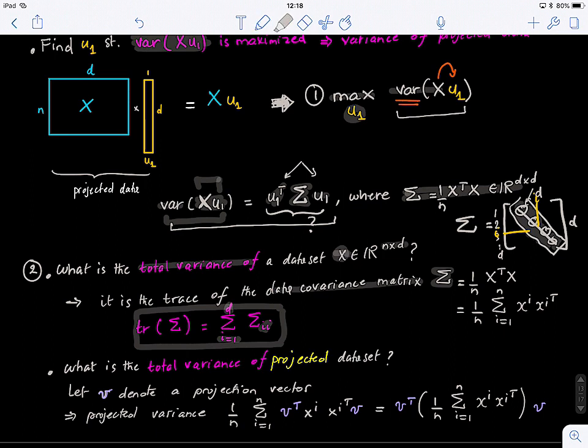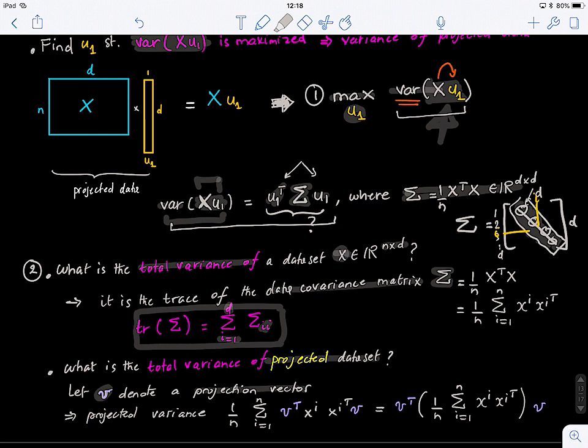So next, what is the total variance? Now this is the question. What is the total variance of the projected data set? So if we were to project the data, this is the question that we want to find. Here we want to find the variance of the projected data, okay? So if v denotes a projection vector,